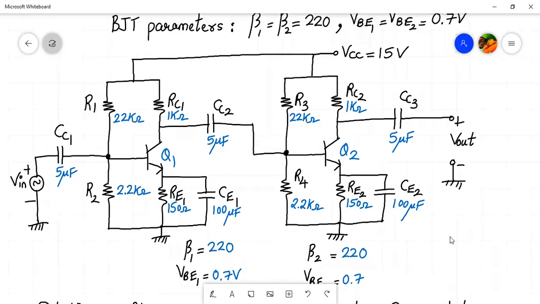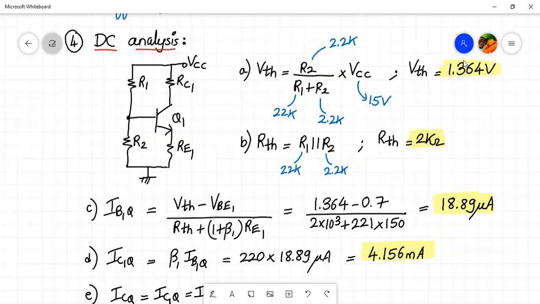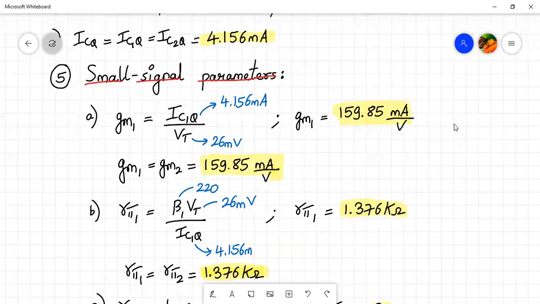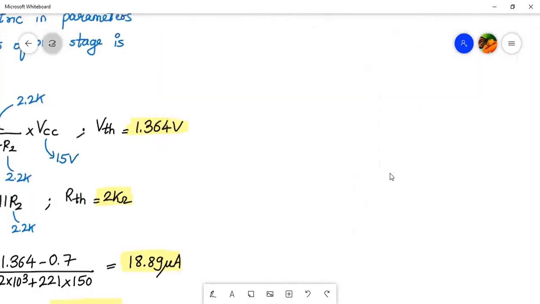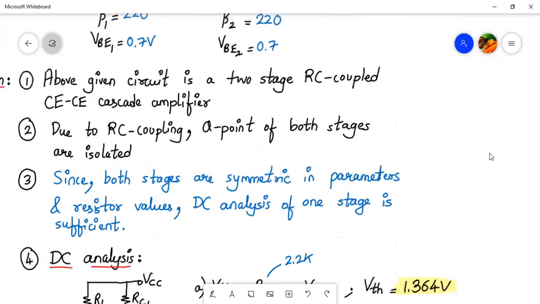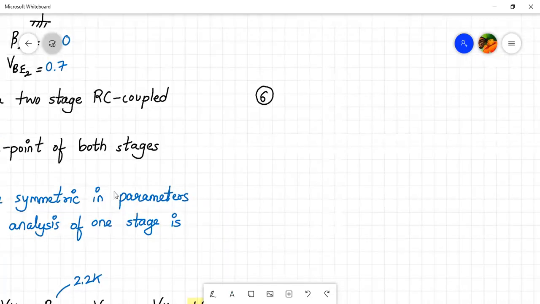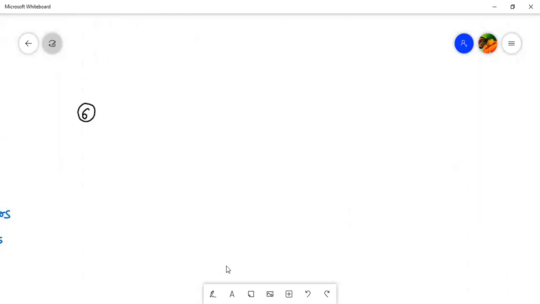I'll do it side by side over here. Which was the step over here? Let us find out. It was step number 6. So we'll follow step number 6 and draw from here. Last lecture we have done the analysis. Let's do it one more time. So we'll write over here